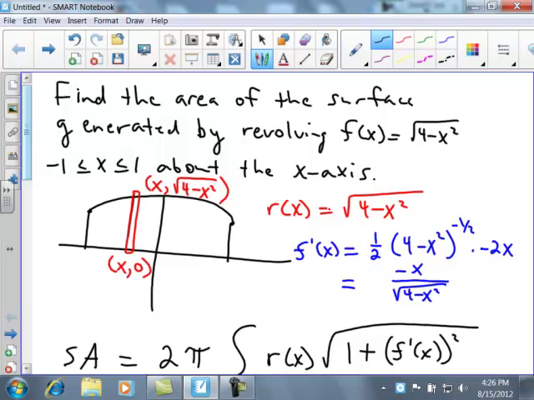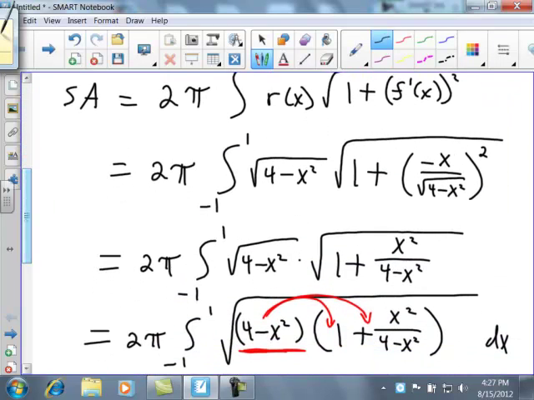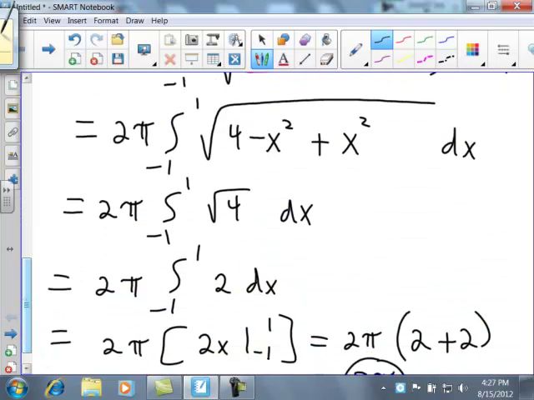And then the other thing is your algebra can get a little tricky. So sometimes it'll simplify nice like it did here. Sometimes you may get to something that you don't know how to integrate. So if you had gotten to something that you didn't know how to integrate, then once you got a formula set up for the integral to find that surface area, you could use your calculator and figure out what a decimal value is instead of finding an exact value like we could here. Because you may get to something that you can't integrate as far as techniques that you don't know. And so at that point, once you had that set up, you would just use your calculator to find the